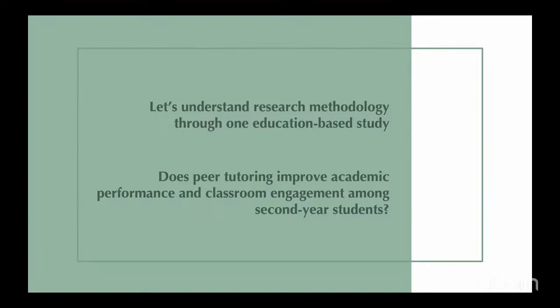Or in another case, there may be a whole class in which there are a bunch of students, say 10 students, who are academically doing well and able to learn at a faster pace. And other students are lagging behind for some reason or the other. So here, what can happen is that each student in the group that is performing well and able to understand has some students from the other group to mentor or tutor, helping them in understanding and improving their academic performance. At the same time, it also helps in classroom engagement. But does it really help? We want to find out that.